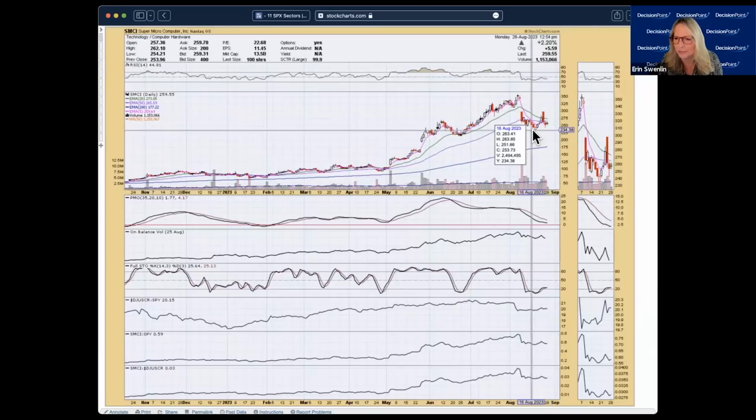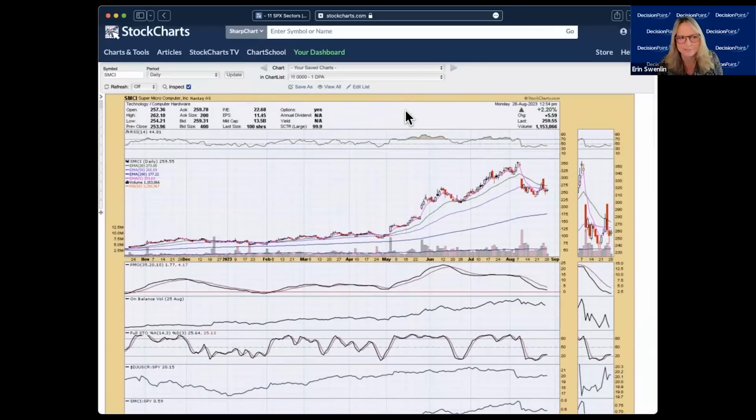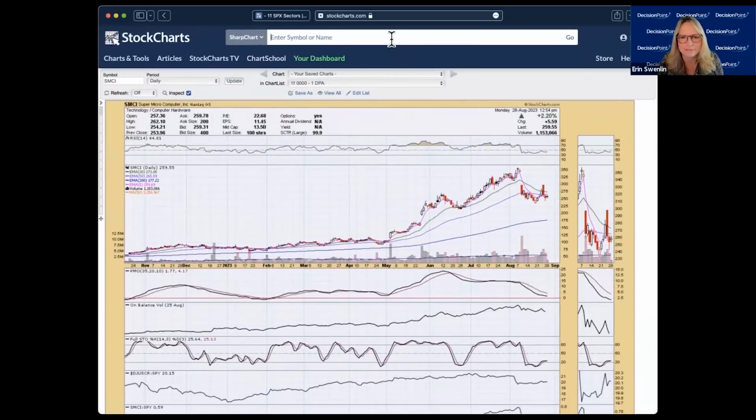I apologize, but it failed at this overhead resistance. The PMO is not rising. So. Okay,